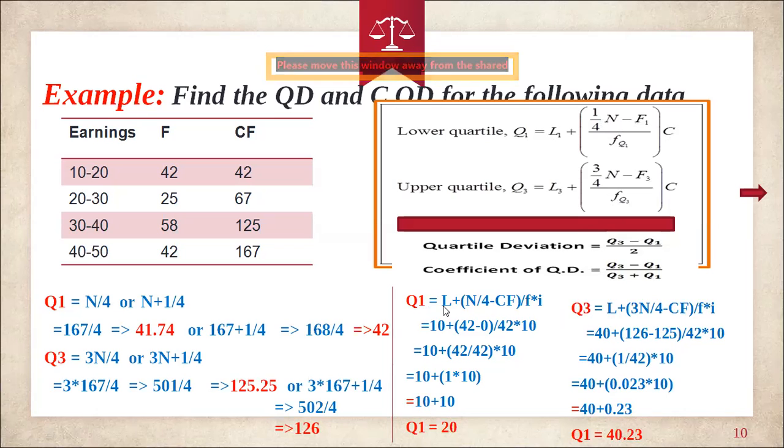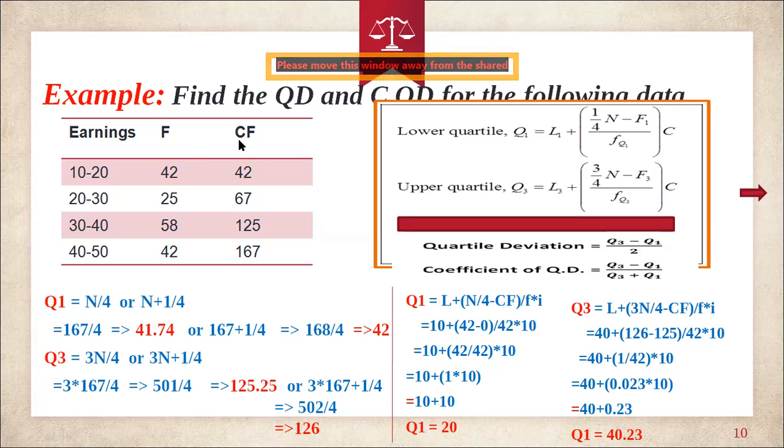Say here, what is the lowest value in the range? When you mark it, the lowest value is 10. So we can take 10 plus n by 4. How much did you get? n by 4 is 42. So 1 into n is the same, 1 into 42, or 42 by 4 is also the same. So you will get 42